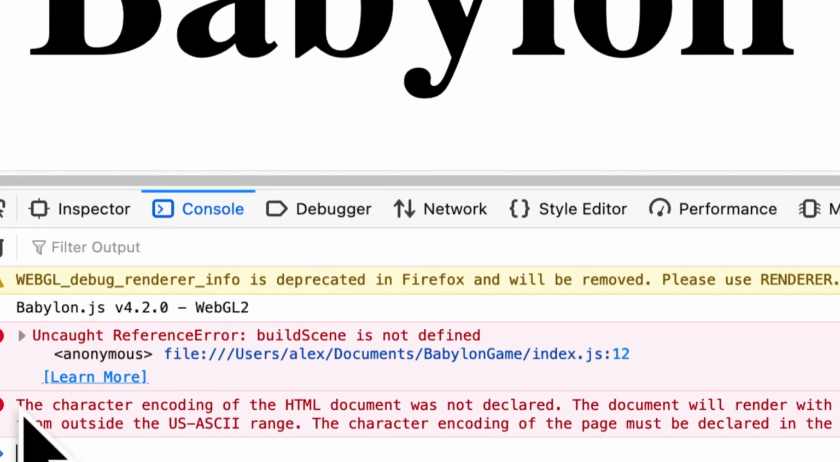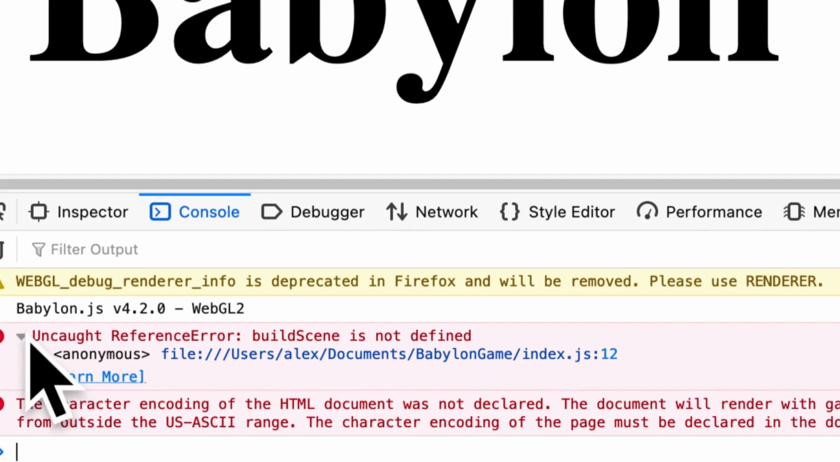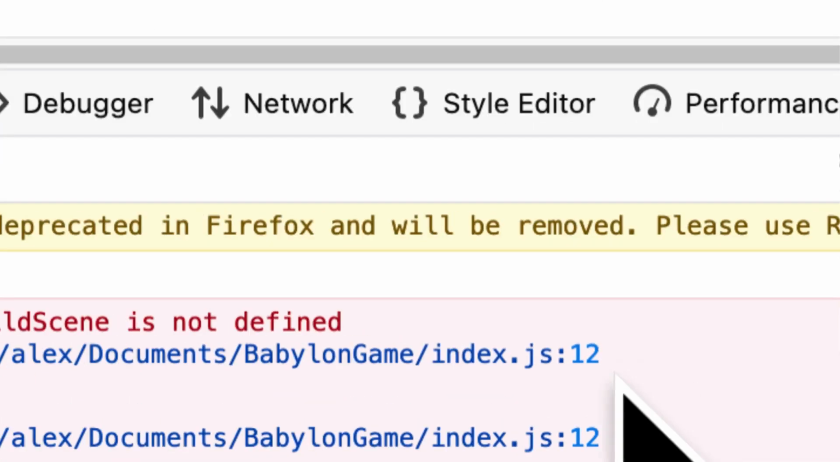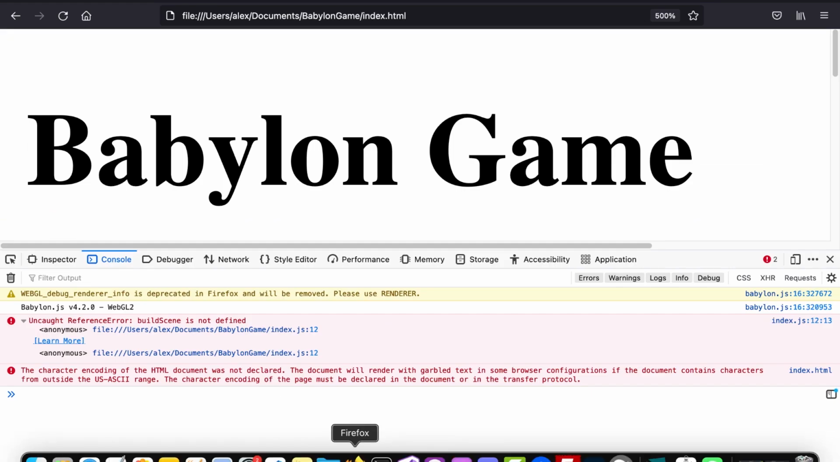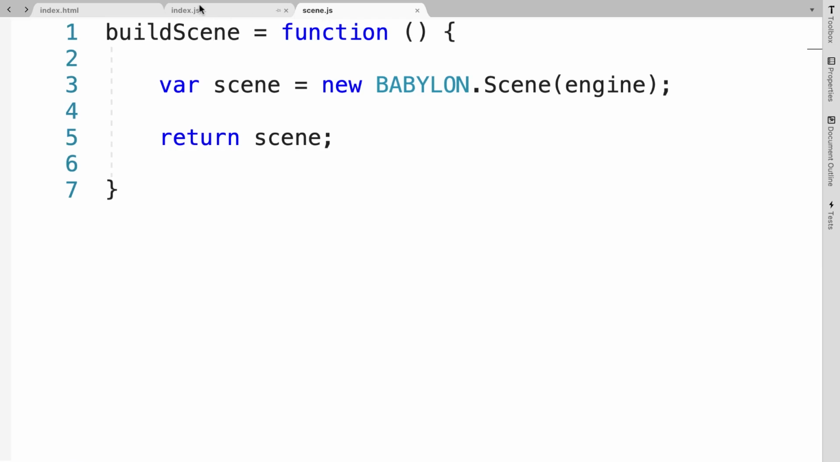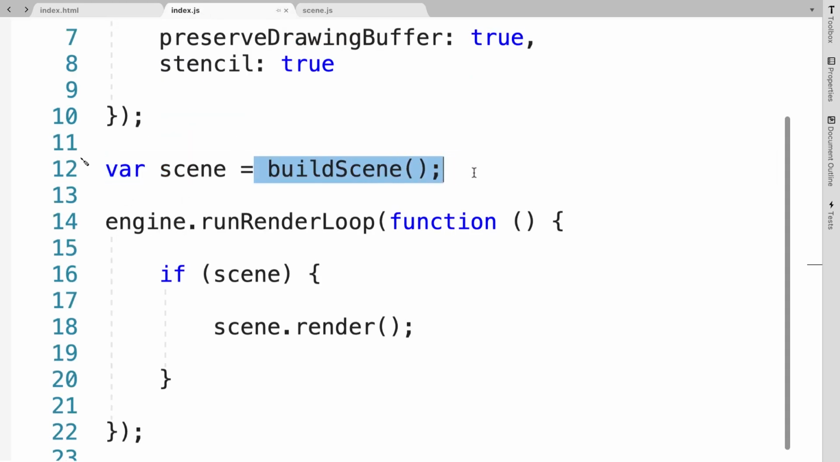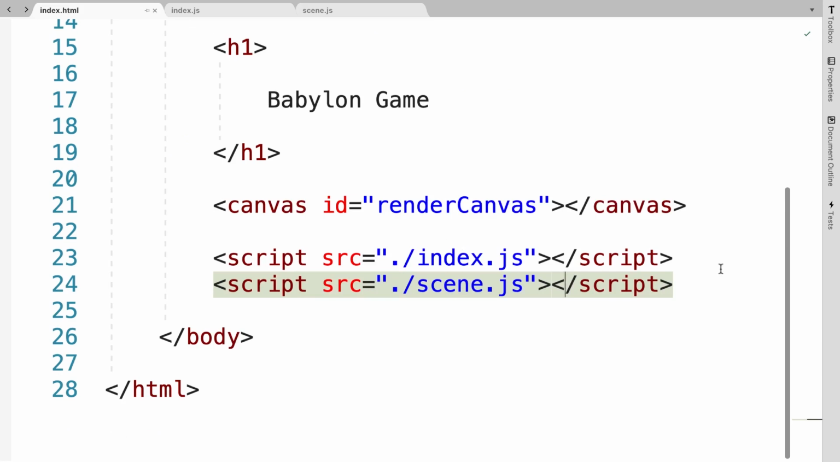So for example, here we have this message, build scene is not defined. So we have to make sure that build scene is defined in index.js at line 12. So let's go into our line 12. Okay, so the reason that we're getting the message that build scene is not defined is because we have to actually call scene before we call index. So this index file is using build scene, which is inside of scene.js, which means we have to make sure